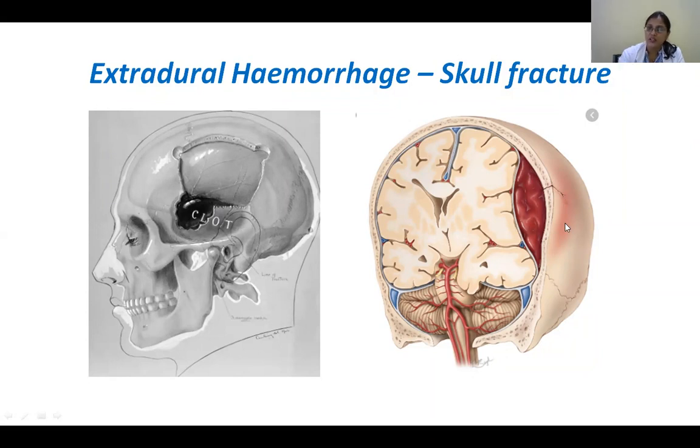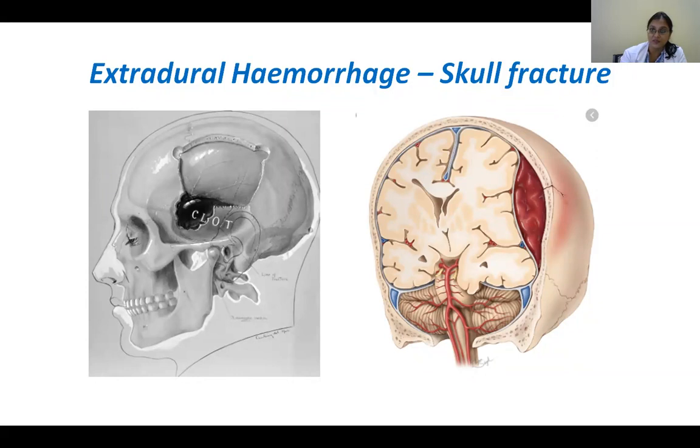And I'll tell you one important point about extradural hemorrhages, a classical thing called the lucid interval. The patient has an accident, and what do you look for when some accident happens? You look whether the patient is conscious or not. After a trauma, if the patient is conscious, we find he's fine, and you start worrying only when he's unconscious. So this is a cheating kind of hemorrhage. This is a condition called lucid interval, where the patient is fine for some hours, and slowly he starts deteriorating and becomes unconscious.